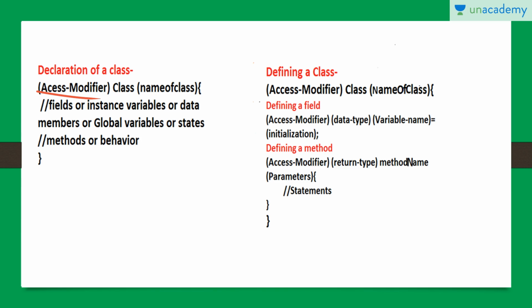There is one more access modifier used in Java, which is default. A default access modifier is basically given by default to every component of a class in Java. So if we do not give any access modifier to any variable or method in Java, then automatically a default access modifier will be given to it.